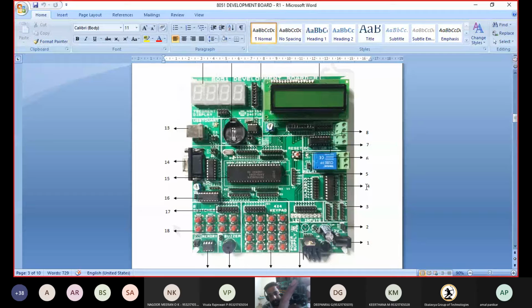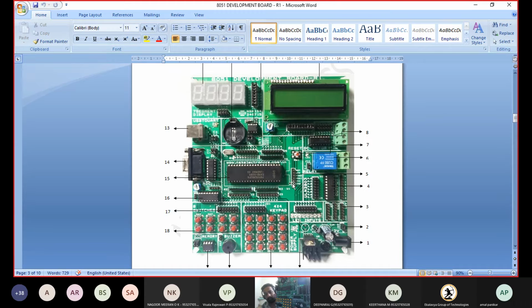Next, after this, the fifth one is the ISP programming, in-circuit programming. We need an ISP module, and from that we can program this 8051 microcontroller.